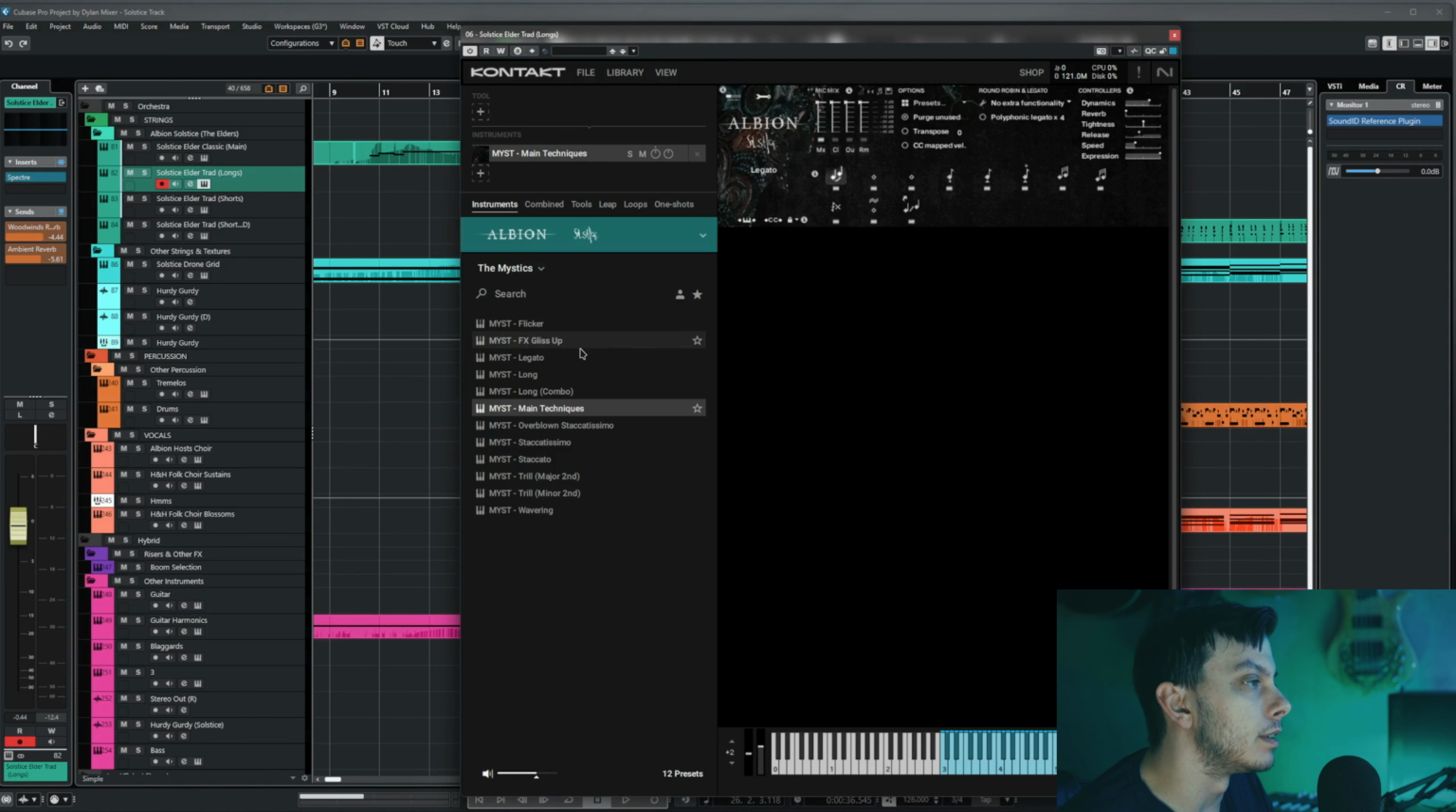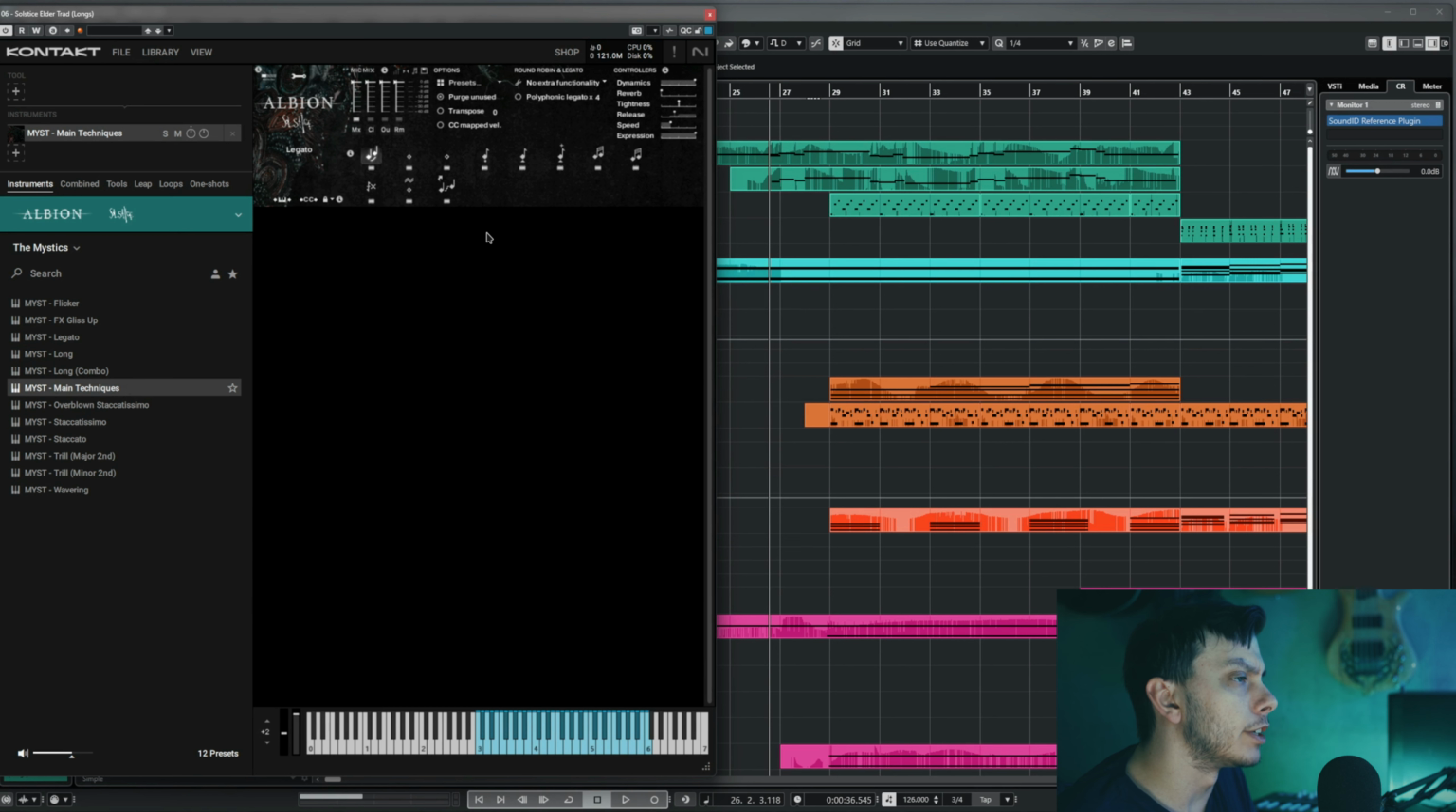After that, I loaded up an instance of the Mystics, which is a combination of different woodwinds. So at first, I just doubled up the main melody. And that's just the normal legato patch. I quickly realized that I needed it to sound a bit more interesting. This patch doesn't have a built-in performance legato with built-in ornaments, but it does have this articulation over here, which is the effects gliss up. And so when you play that,